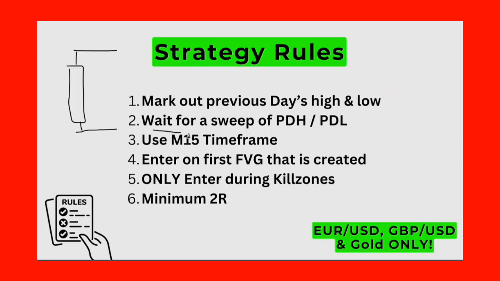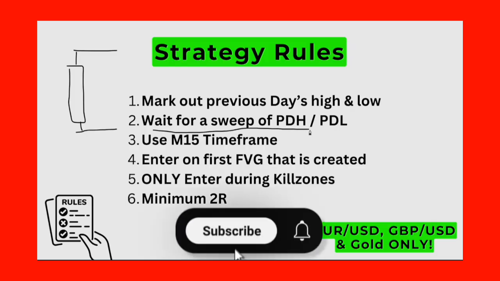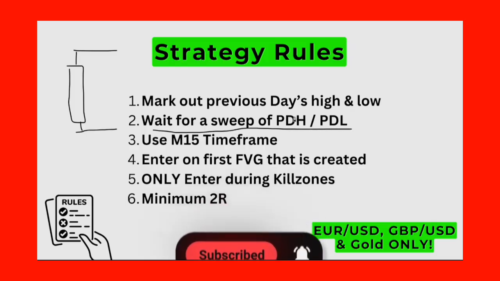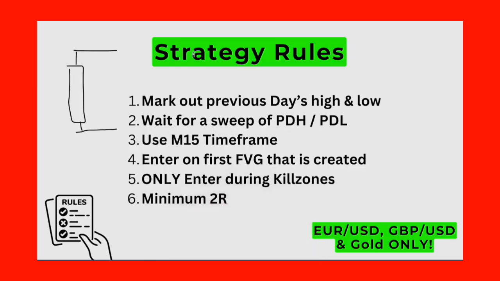The second rule says we have to wait for a sweep of the PDH or the PDL, the previous day high or the previous day low. So we are going to wait for the market to either take out the high, or we are going to wait for the market to take out the low. So let's say, for example, price went up and took the high. Now, all of this takes place on the 15-minute time frame. So make sure that your chart is set to the 15-minute time frame, not the 5-minute, not the 1 minute,